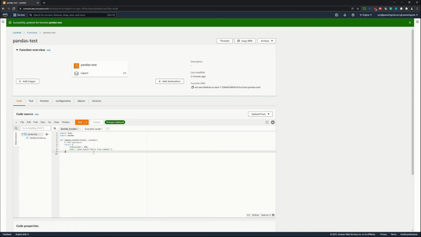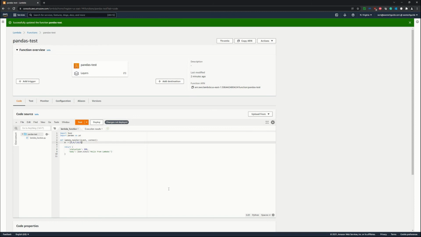Let's say we want to print one series in pandas. So suppose import pandas as pd. Now here in this Lambda handler, we are defining a equal to a few numbers, suppose 5, 6, 7, 8, 9.